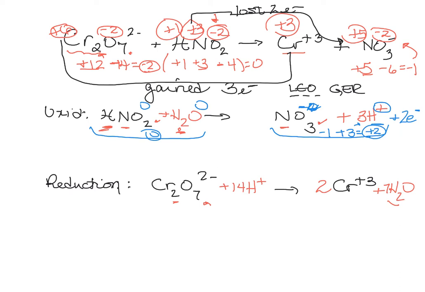So let's go through that for the reduction half reaction. Okay, the total charge in the reduction half reaction is -2 from the dichromate, +14 from the hydrogen ions. So the total charge is +12 on the reactant side. On the product side, the total charge is 2 times +3, or +6. So I need to add 6 electrons on the reactant side, which will give me a net charge of +6